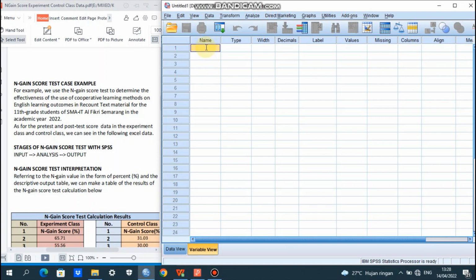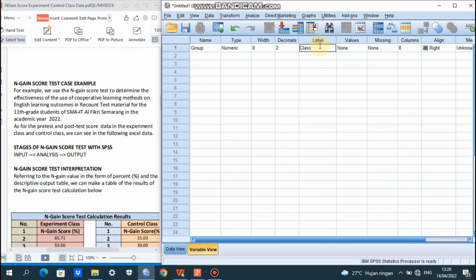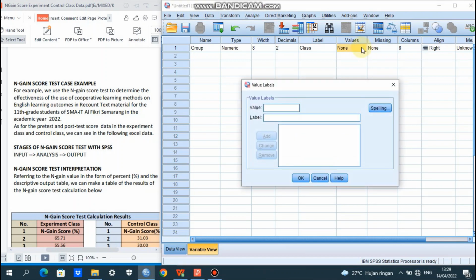We type here group and label, we type class, and the value here, we type 1 for experiment and 2 for control class. Just click add and then OK.